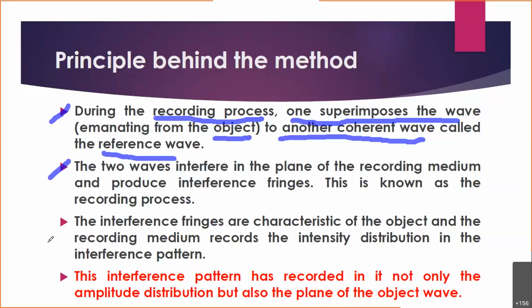Now look at the second point. These two waves, the object wave and the reference wave, interfere in the plane of the recording medium, whatever medium you may have, such as a photographic plate or the emulsion where you have kept that material. In that medium, they interfere and produce the interference fringes. This process, where both waves interfere and record the particular object in a medium, is known as